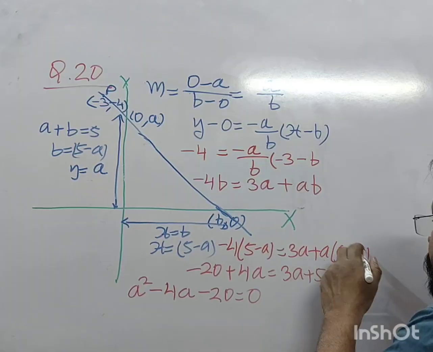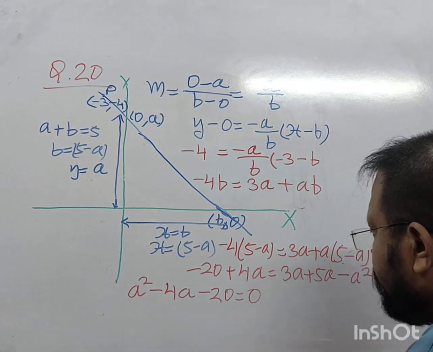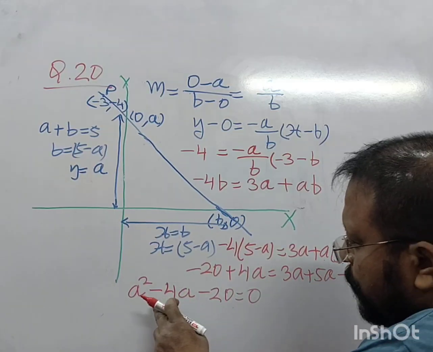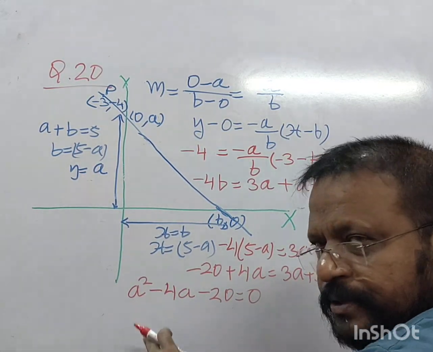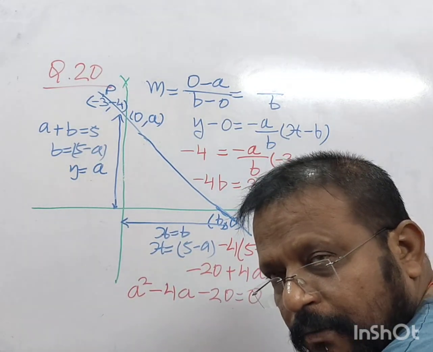This is 5a, this is minus a square. Minus a square comes on this side. This -8 comes on this side. -8 plus 4 becomes -4 and we get 20. Now